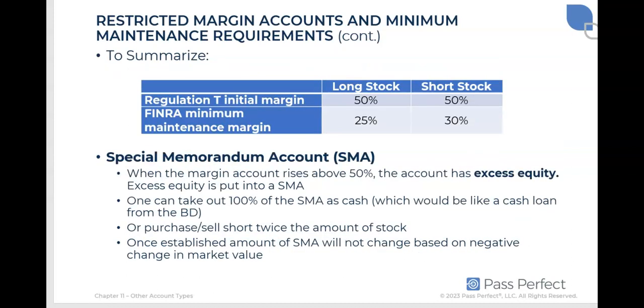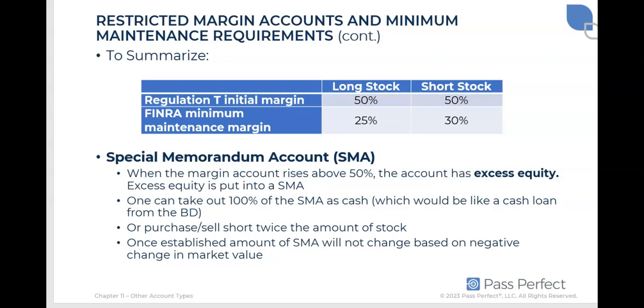So again, some things up here. Regulation T says 50% minimum initial requirement, like the down payment. 50% of the cost if you bought something, or 50% over and above the proceeds of the short sale. Once they set the initial requirement, if it goes up from there, well and good, their equity increases. But if the investments go down in value and equity decreases, then they have to maintain the minimum FINRA requirement: 25% equity for a long account,